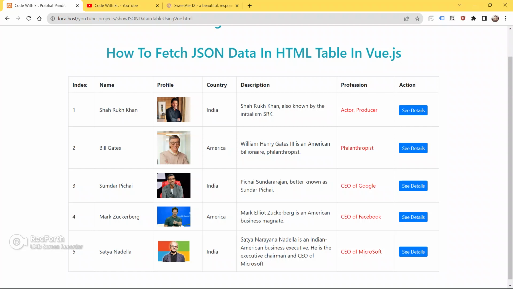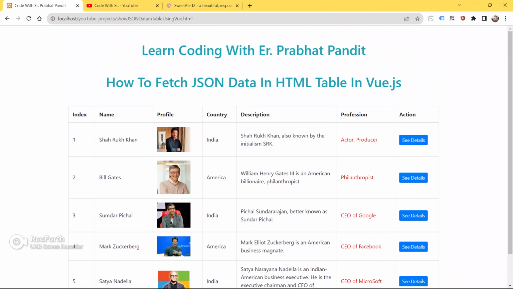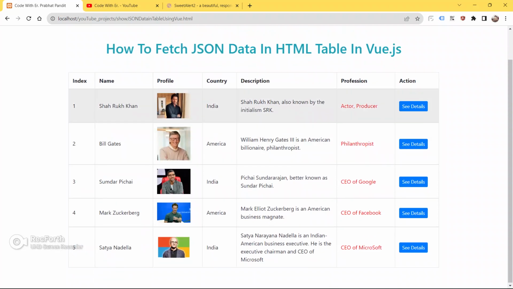So guys, all this data is coming from local JSON data by using the v-for directive in Vue.js. In this video, we will be learning how to fetch local JSON data in our HTML table, and we will display the result in the HTML table only. In the action column, we have a button called See Details.